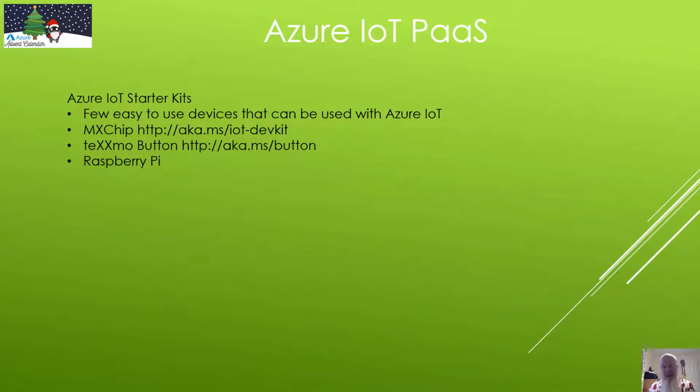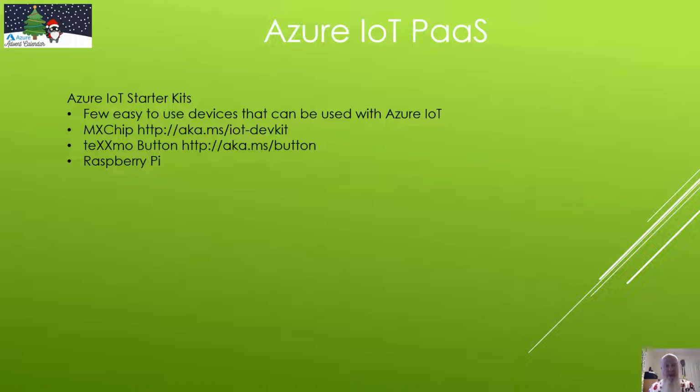One of the things that helps you get started with IoT is hardware. Hardware in IoT is always difficult. We're really still in early days of IoT, where there are differences. Every single device needs to be different, with different properties and different setups and different operating systems and different SDKs. So what we have is a few easy devices that we can use with Azure IoT. They work. There's documentation for them. The one I'm going to be using in this demo is the MX chip, also known as the AZ3166, which is a little single board with 7 or 8 sensors on it,